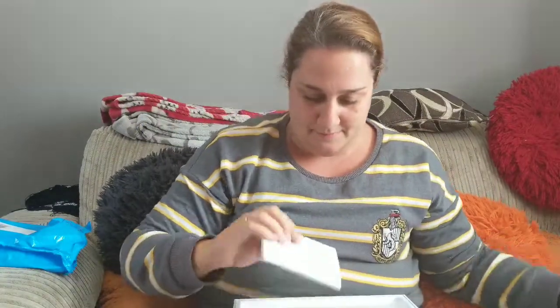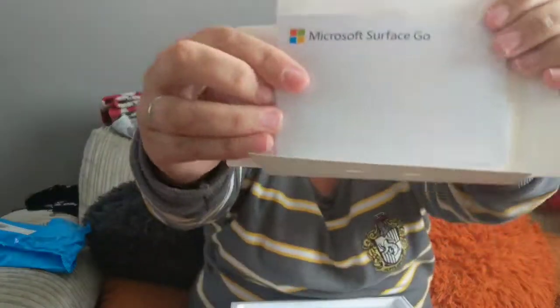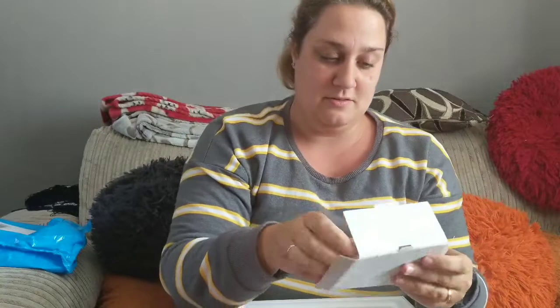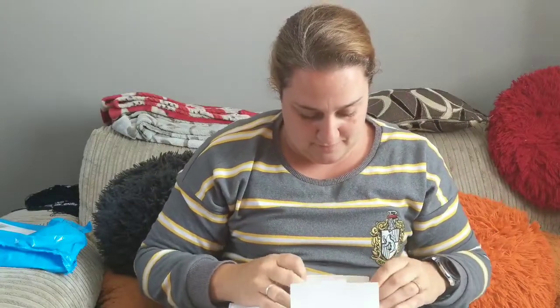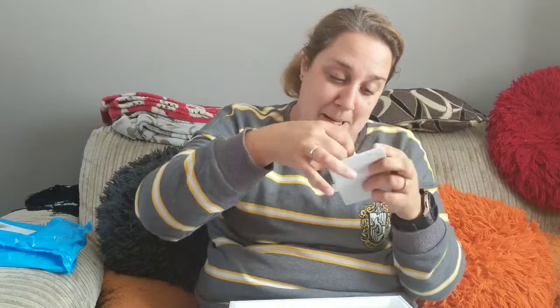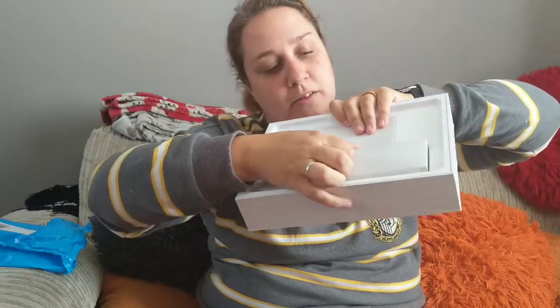Not too bad. You get this little cardboard thing that's got the instructions inside. Well, it may not be the instructions, it might just be, yeah. That's the instructions. Like this. That bit. Hang on a minute. Okay. Yeah, that's underneath. That's the instructions. This bit here